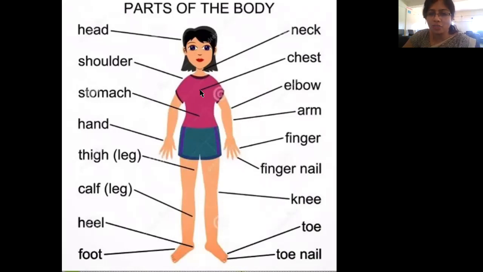elbow, and then you have chest here. Just above your stomach is your chest. And the thing which is connecting our face, head part to your lower body part is your neck. Yes, just check, children, do you have all these body parts available? If anything is missing, please let me know. Okay, so apart from these things, we learn something special. So this is your body parts. I will be giving you a homework for today. According to this, you have to finish that homework. So quickly, let's move towards the next thing.